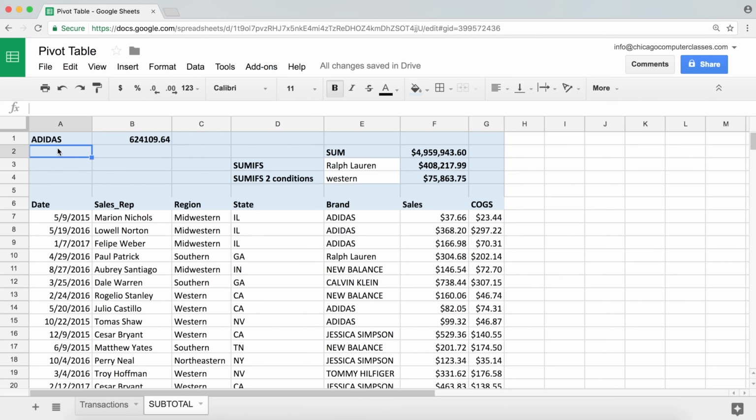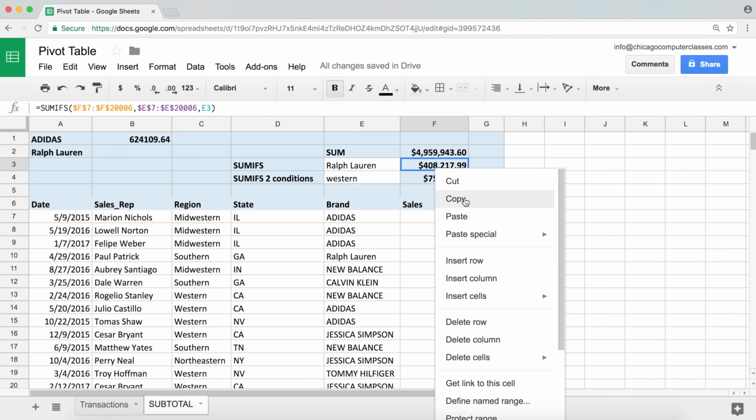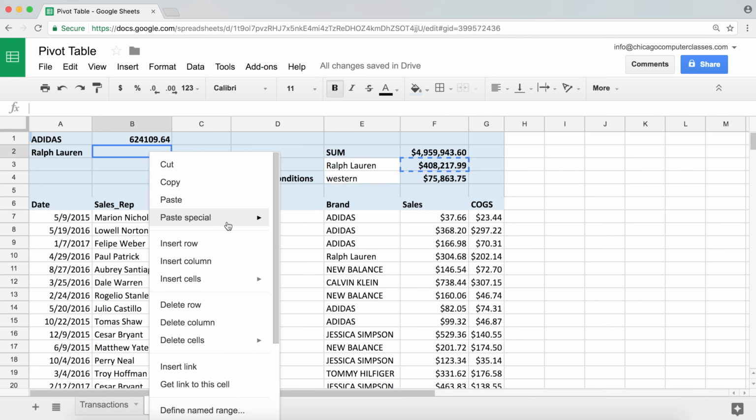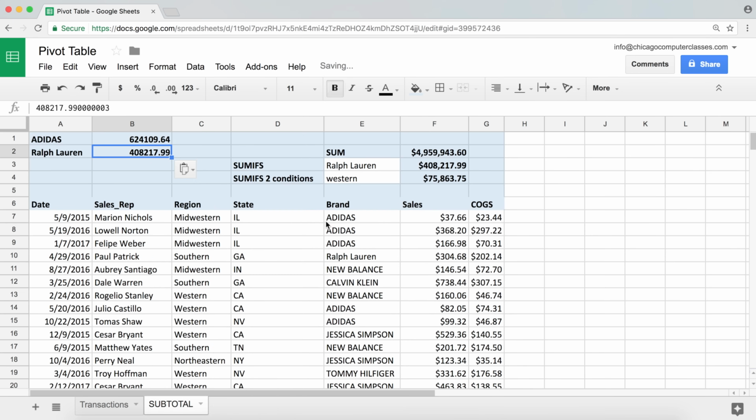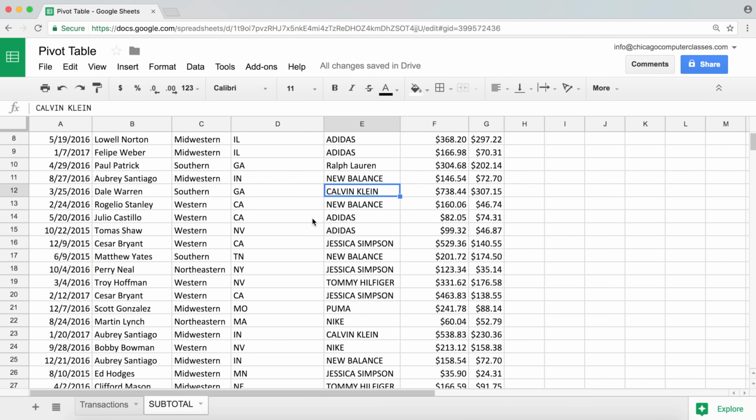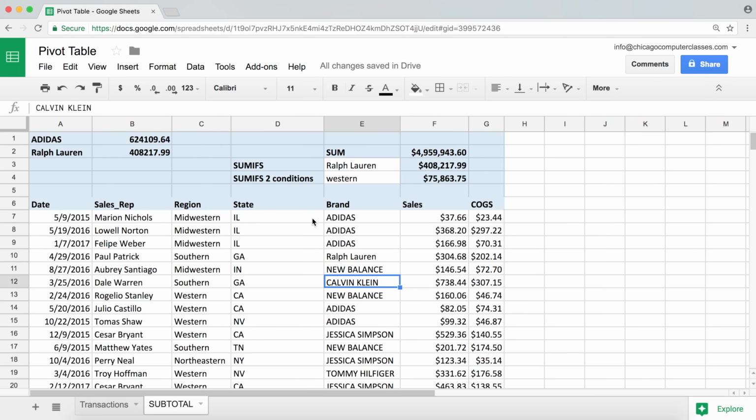So now again, do values only here so it keeps the formatting. I'm going to copy this and do paste special and values only. And now I have to keep doing this for each one of these brands until I get the total for each one of them. So if we have a lot of brands, this could take a long time. Now the second problem that I'm going to have is that I could want something a little different. Not only could I want the brand total, I could also want to know how much I sold of this brand in each one of